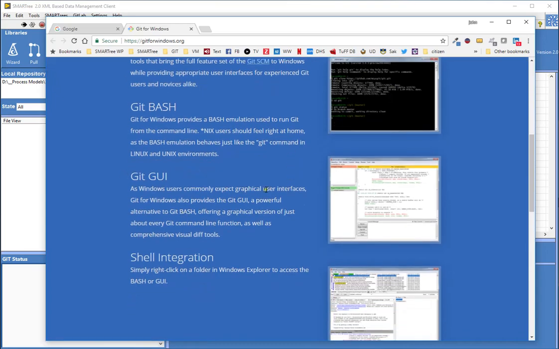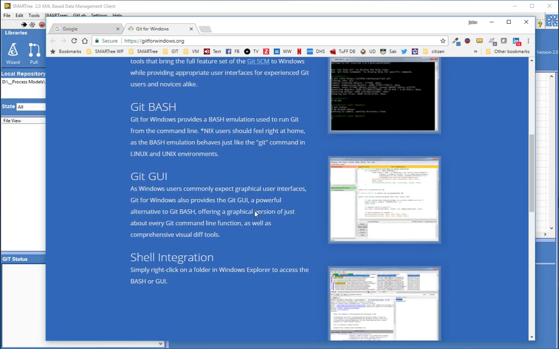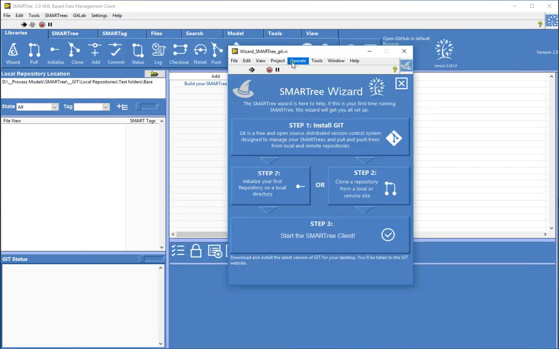The Git GUI is basically a little standalone GUI for implementing the same commands that you'd have in Git Bash, but in a GUI environment. So you don't have to remember the specific commands, but it will execute them here as well. And when you install Git, it is integrated into Windows. So right-clicking on these windows allows you to access both the Bash and GUI environment. So what you want to do is install Git first, and then once that's done, you can move on to